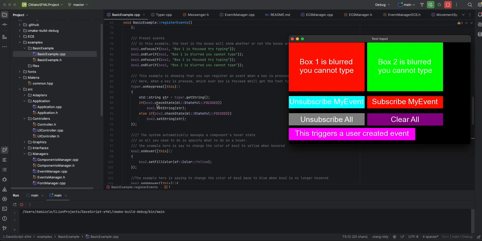So I have that for both boxes. And so I'll demonstrate that, right? So right now I'm typing, and as you can see, nothing is typing, and that's because neither of the boxes are focused. But as soon as I focus on one, as you can see, it says box 1 is now focused. Try typing. I can say, hi, I am box 1, and you can see that it actually updates